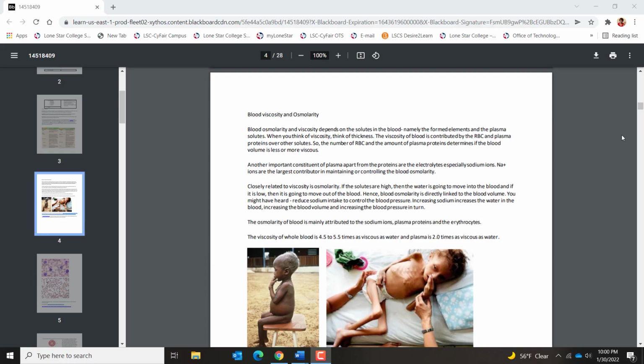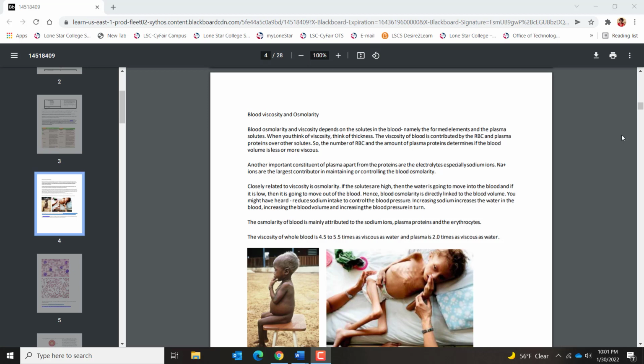Continuing with the blood, so we went over the characteristics of blood, the composition, and the different parts of the blood. So before I go into the blood cells and the plasma, I wanted to talk a little bit about blood viscosity and osmolarity. So osmolarity depends on the solutes in the blood, mainly the formed elements like red blood cells, because that constitutes about 45% of the blood, and the plasma solutes, especially albumin, okay, which is one of the